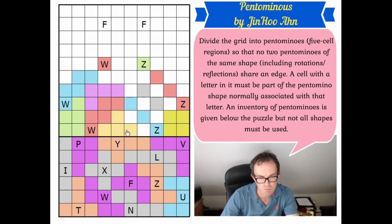The yellow gives us 1 more, that's 5. The grey has got to give us another 3, that's 8. The purple gives us another 1, that's 9. So there are 9 of these white cells dealt with by existing pentominoes. So 2 of the white cells, 2 of the white cells below an imaginary line that comes across here and includes these 5 squares and all of the...